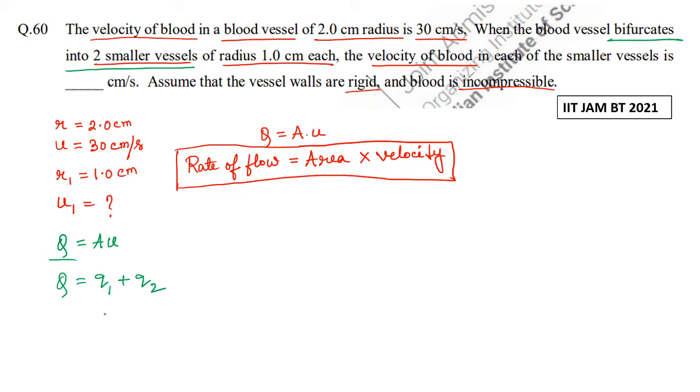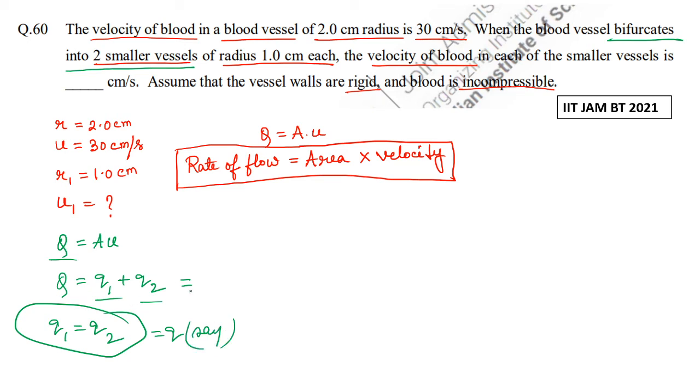Now here, as the radii of the two vessels are equal, we can take Q1 equal Q2 in our case. That means if Q1 equal Q2 equal q, say, we can write it as capital Q equal 2 small q, where small q